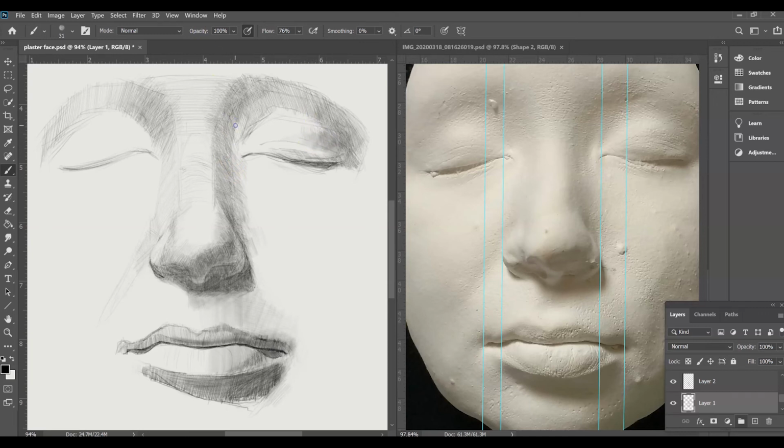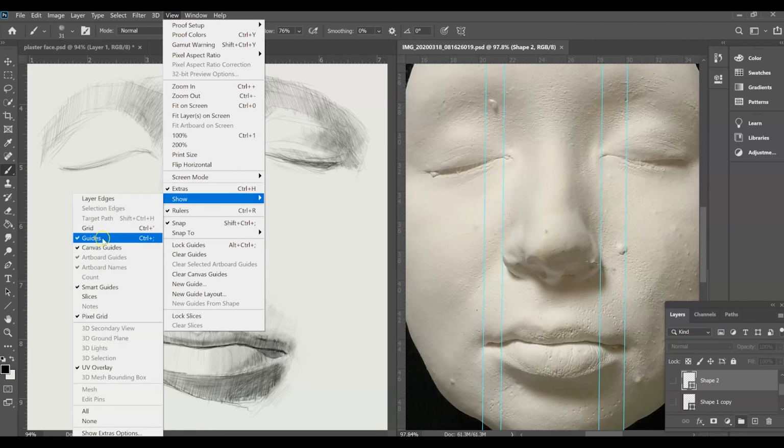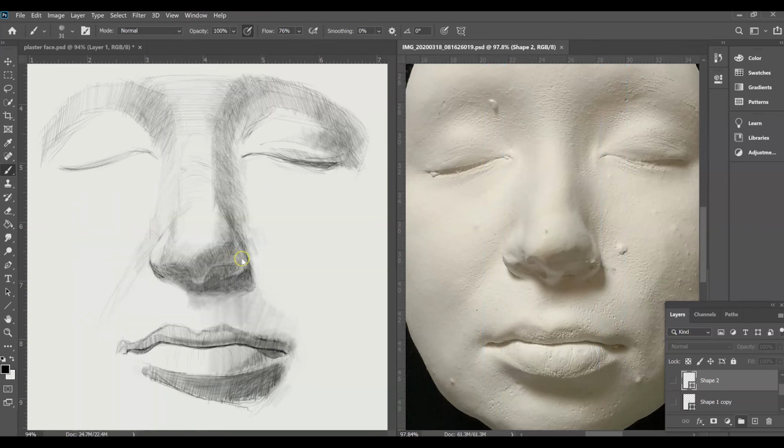So a lot of these things that you see me digging into right here, it's the deepening of values, but then you'll also see me go in and feather the edges of things, where I'll work with little flicking marks around the edges of an area. And actually, this is the attempt in the reverse on the side of the nose, taking an eraser, like a kneaded eraser, rolling it up into a little point,